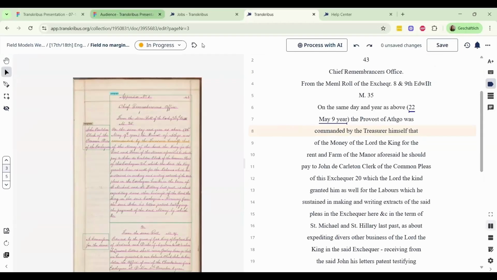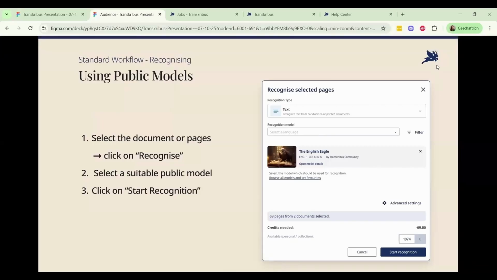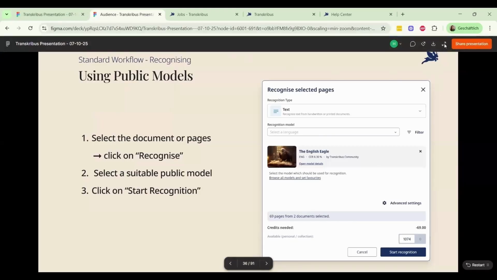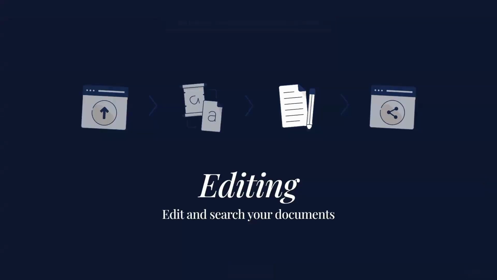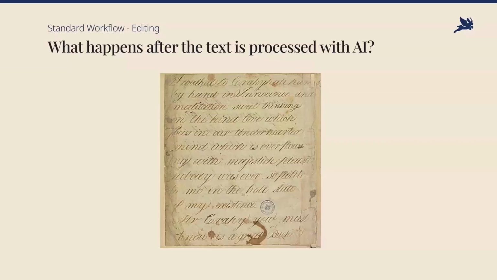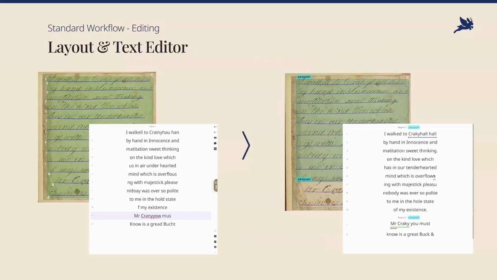And then let's have a look at our presentation and continue with it. So using public models, to go over what we did look at right now, we had a look at the editing, what happens after the text is processed with AI. You can also use full text search. So because you are using Transkribus to create machine readable output,